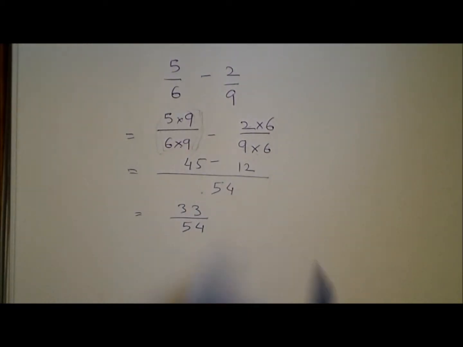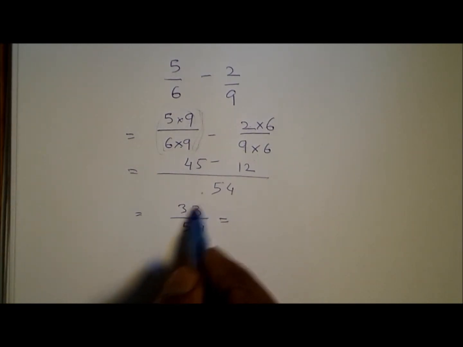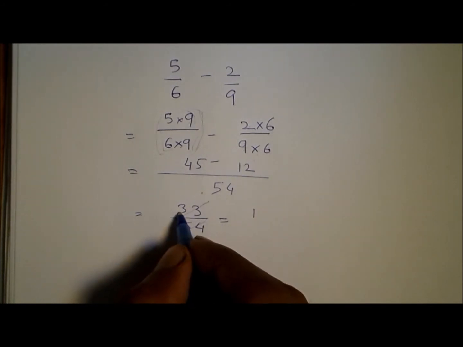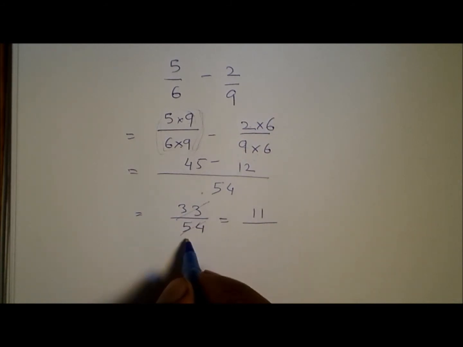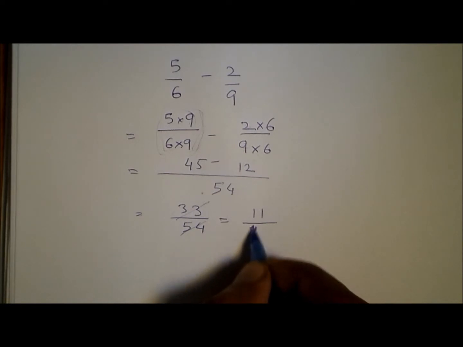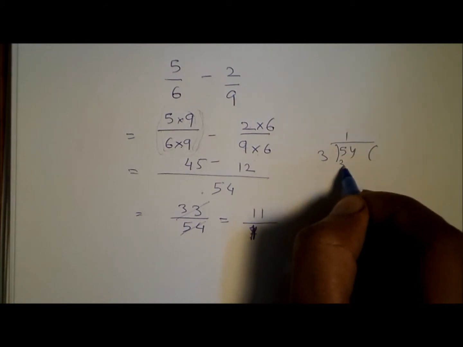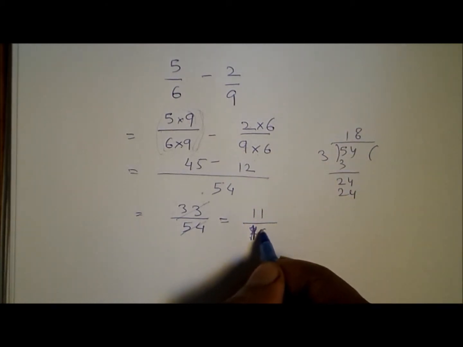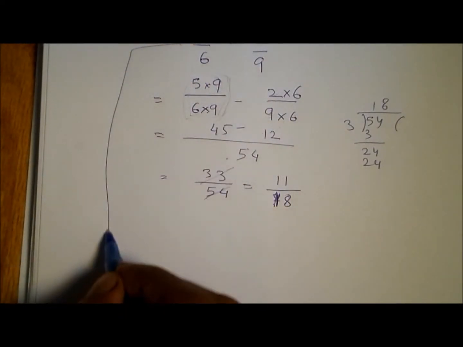If we want, we can further simplify it by dividing by 3. If you know that both of them can be divided by 3, 33 divided by 3 is 11, and if you divide 54 by 3, it will become 18. So it is 11 by 18. Now I am going to do this same problem